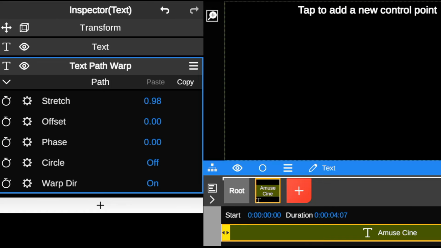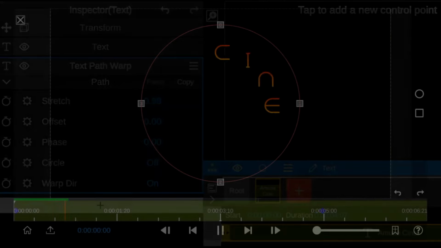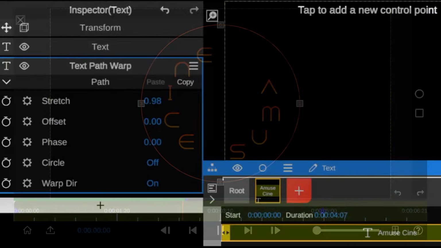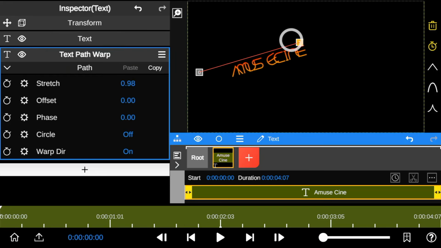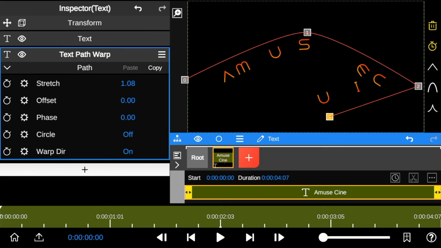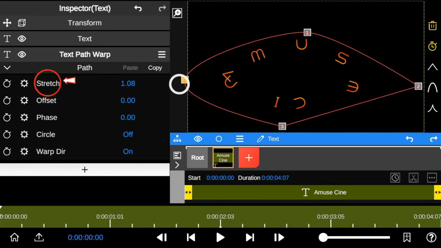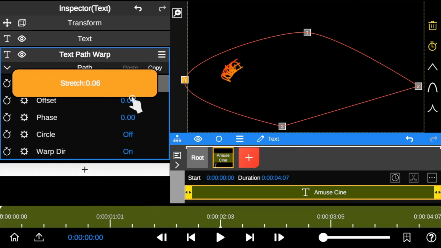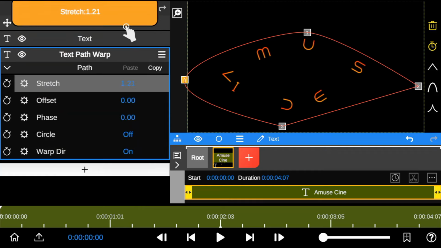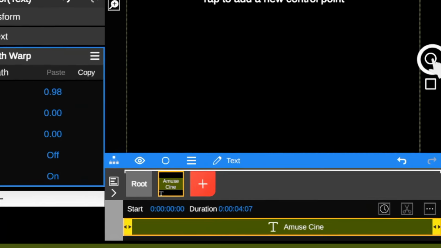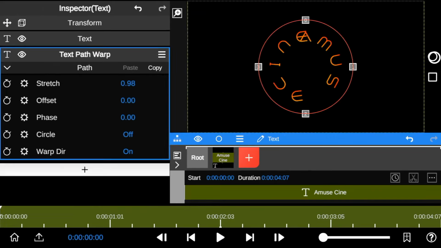This feature allows you to create a specific path or shape where text moves in motion. You can draw your path or shape by adding control points. The stretch feature allows you to stretch text around the path, enabling rotation within a circle. You can also use a custom shape to create a quick text